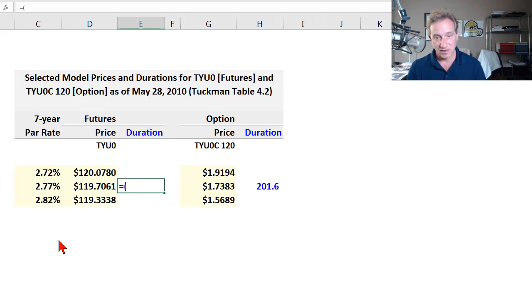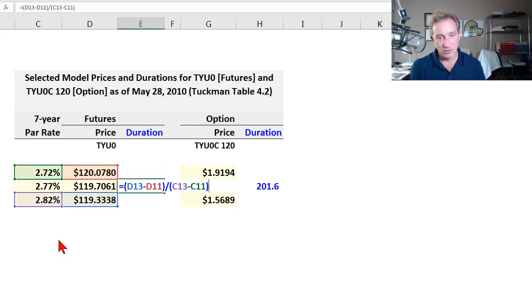And so the first thing I do is I'm going to get the slope, and we know now that it's going to be the slope of the secant line approximating the slope of the tangent line, and I just want to make sure that I'm consistent. I'm going to get the price at the higher interest rate and subtract the price at the lower interest rate. That's my numerator. And so that means I need to grab the difference between the same corresponding interest rates. I forgot my open parens minus here. And so